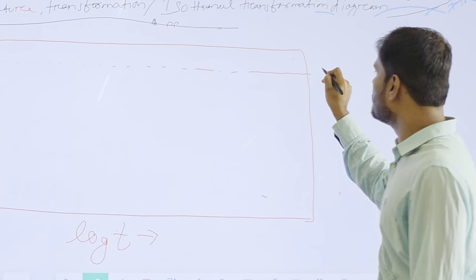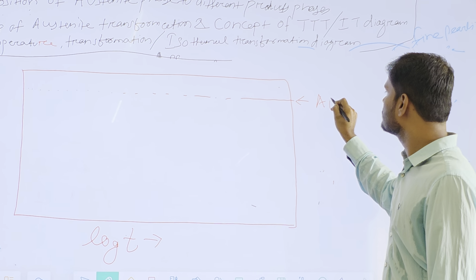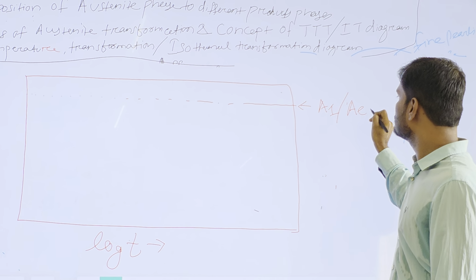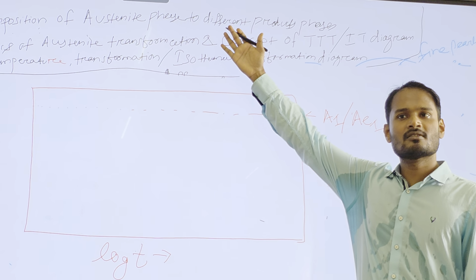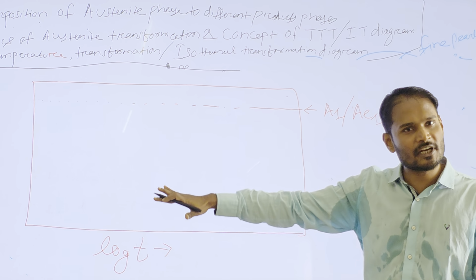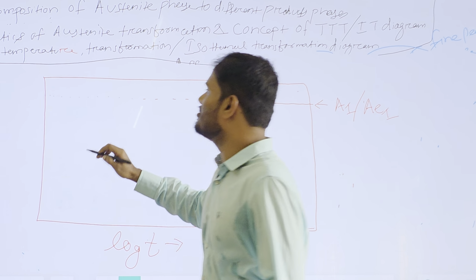Okay, and this line will be what? A1 or AE1. Above this, austenite will be stable. Below this, austenite will be unstable. Okay, so I can simply write